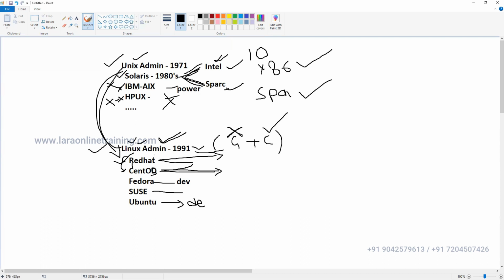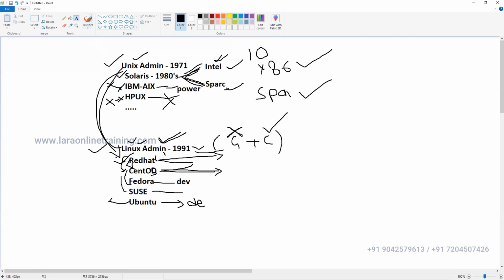I learned Red Hat first, but after that I got to know CentOS, because both are the same copies. I worked on Fedora, the development version. I know Ubuntu. I worked with multiple versions. At the same time, I worked with Solaris also. Some commands are different between Linux and Solaris, but by knowing one technology, the other technology is not a big deal actually. I worked with IBM also, but very little. HP also, very little.